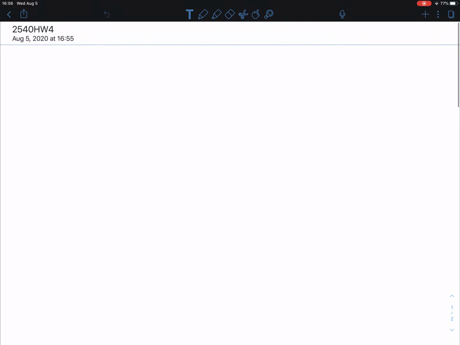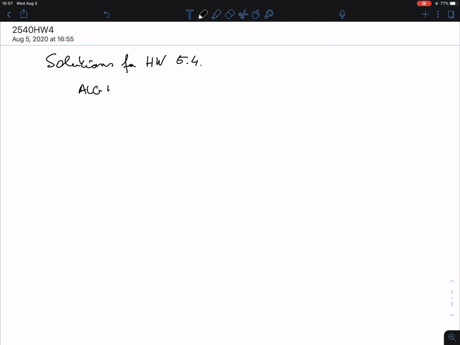So I want to do solutions of our homeworks. For homework from 5.4 on recursive algorithms. The first one wants you to show all the steps in the recursive modular exponentiation algorithm. So the algorithm 4, that was about